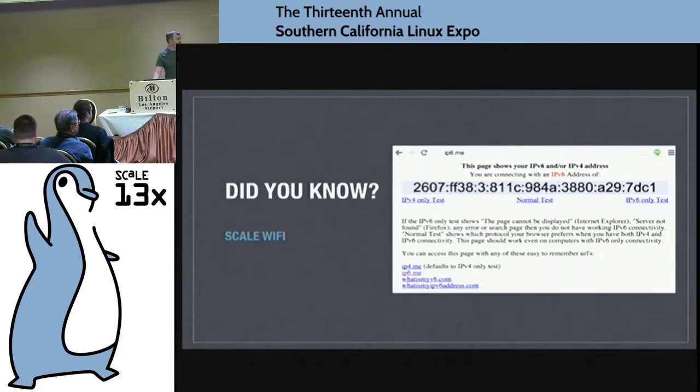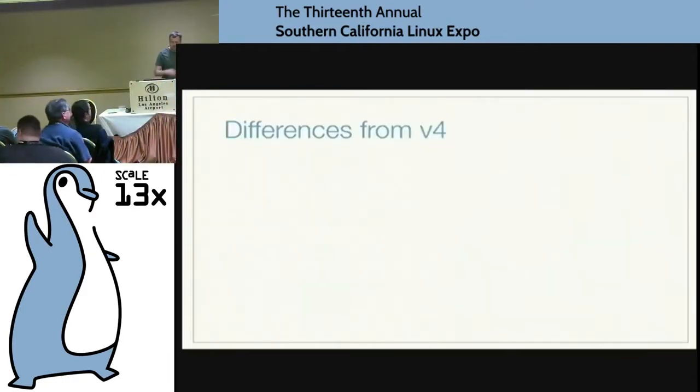Now, one of the things is that when you think about IPv6, the standard was first proposed, and they started working on it in 1993. They first proposed one of the first drafts in 1995. So this standard's 20 years old, and we're just now getting around to it. A couple of the differences have made some challenges.